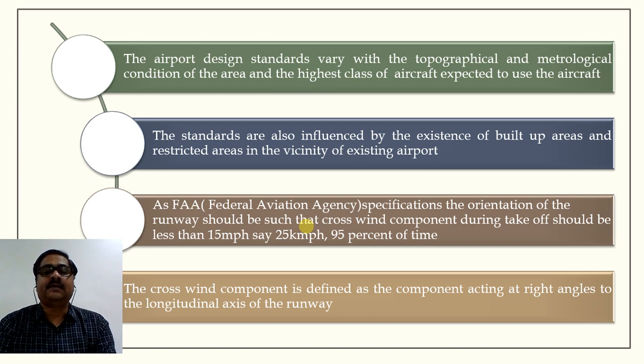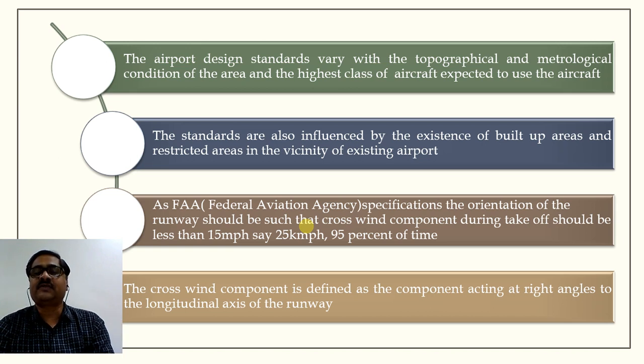As per FAA, the Federal Aviation Agency, this agency's role is to give the license or frame the strategy or policy for aircraft, whether commercial aircraft or cargo aircraft. So this federal agency has the authority to give licenses for all these kinds of aircraft. As per their specification, the orientation of the runway should match with the aircraft such